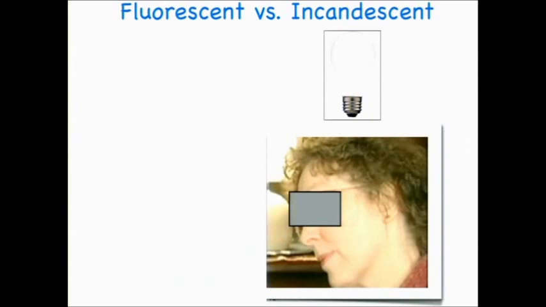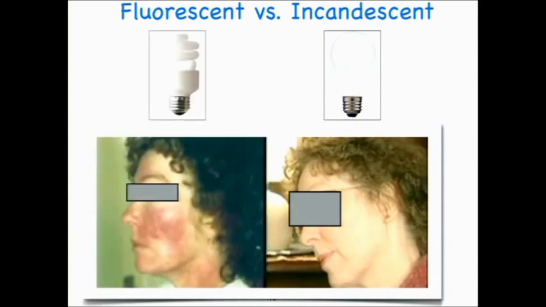This is a woman in the United Kingdom who happens to have lupus. She's also electrically sensitive. And indeed, some of the symptoms of lupus and electrical sensitivity are very difficult to tease apart. They overlap so much. This is what her skin looks like when she uses an incandescent light bulb for reading. And this is what her skin looked like 20 minutes after sitting about 2 feet from a compact fluorescent light bulb. She went to her dermatologist, and they couldn't figure out what was wrong with her. They gave her all sorts of skin ointments, everything else, and then she realized that she only had this develop when she was near a compact fluorescent light bulb.